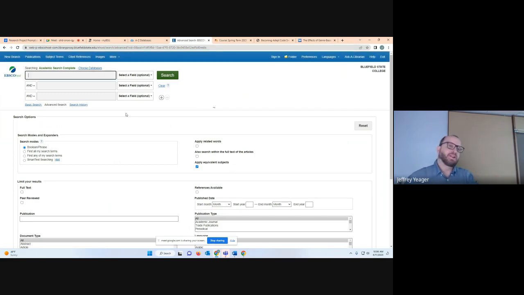So EBSCOhost is a corporation. It's kind of scary how knowledge works in this way. I don't know if you guys know this, but all of the knowledge and all of academia is owned by like 2 or 3 corporations, which is a little bit of a scary thought, right? You think to yourself, isn't academia utopian in a way, right? Isn't this stuff accessible for all? No, it's not. Academia is just as capitalist as anything else, and these companies own these databases. And EBSCOhost is but one of these companies.